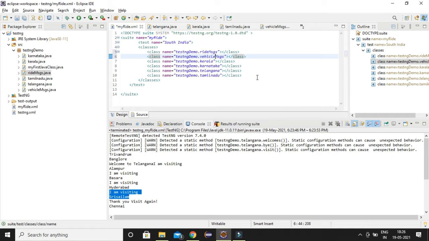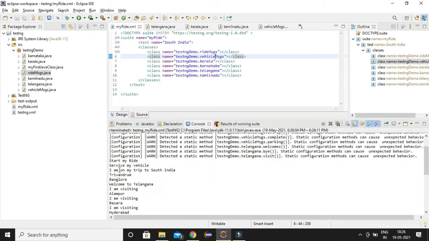Now let me execute once again. See here, my ride related messages got executed, my vehicle and trip related messages got executed, and before every @Test method, the @BeforeMethod got executed.